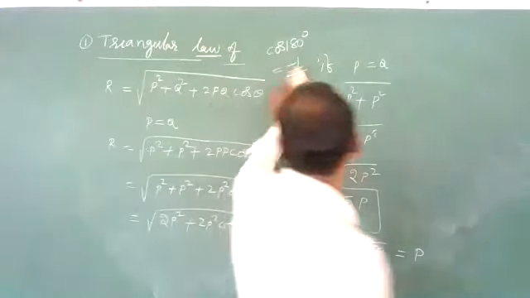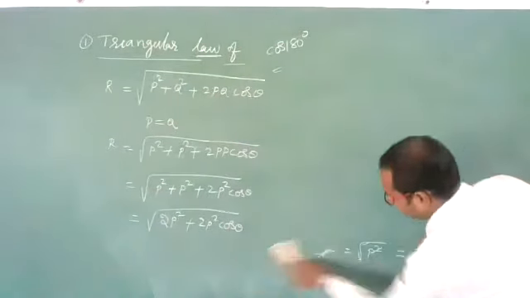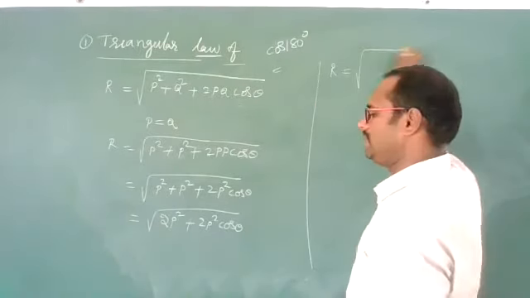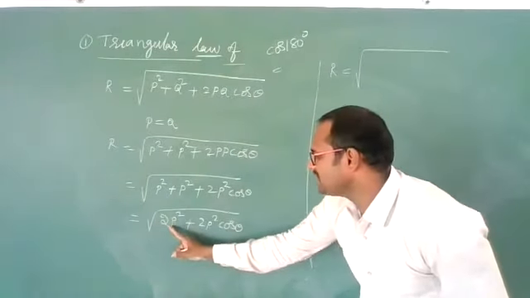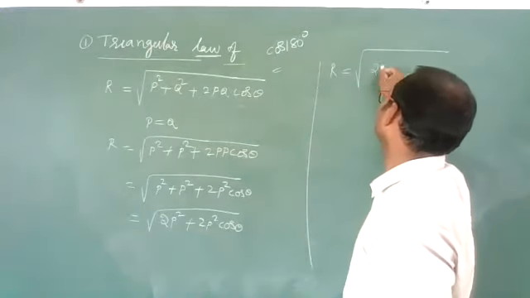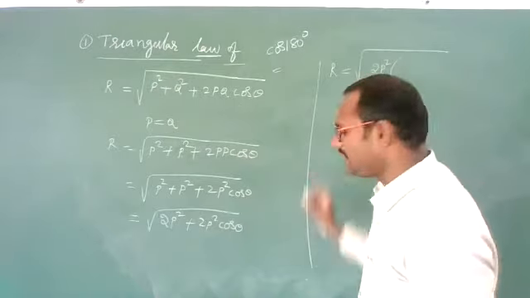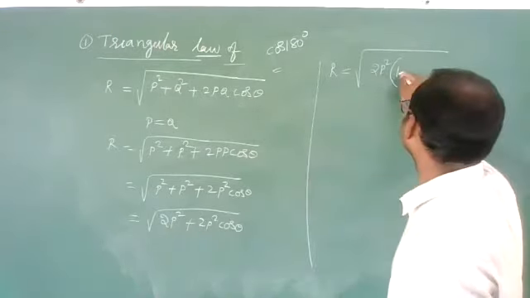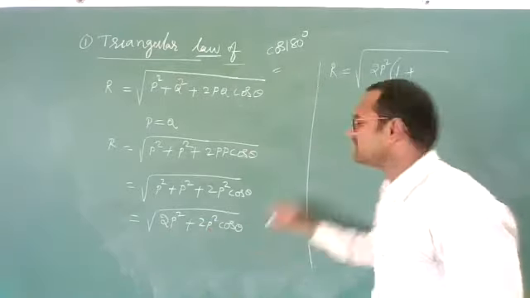Okay? See, students, still one short formula we will get. R is equal to under root of 2P square here also is there, 2P square here also is there. We can take 2P square common, which is under root only again. Here 2P square taken means 1 will be there. Plus here 2P square taken means cos theta will be there.